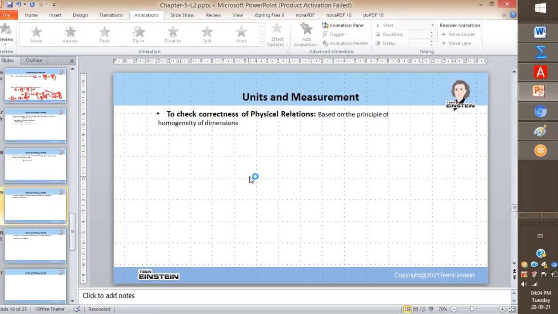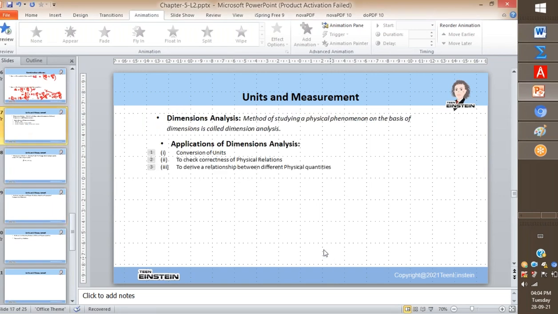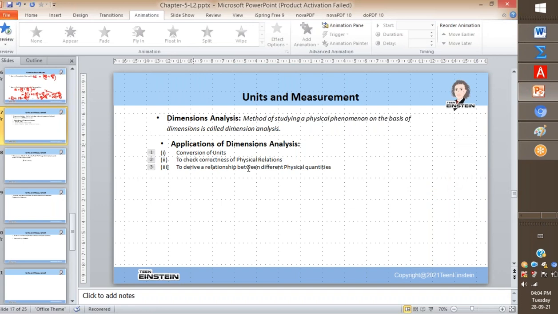Last class we had started with a little bit of dimension analysis, and that day we had learned what is called dimension, etc. So today we'll see what is called dimension analysis and how it helps us in correcting some physical relations, some physical equations, and how it helps us to convert one unit to another, and how to derive physical quantities using dimension analysis. So today's lesson is